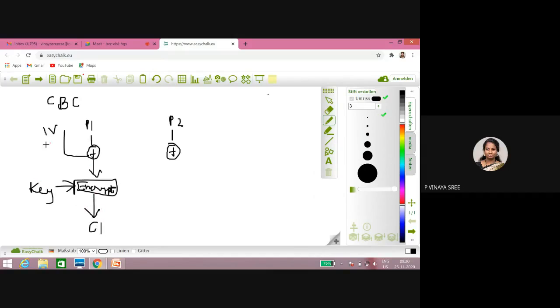If you remove the initial vector, it will act as electronic codebook. But we have added an initial vector, done the XOR operation with the plain text, and got a corresponding 64 bits. These 64 bits are encrypted with the 64-bit key, so that we get the ciphertext.